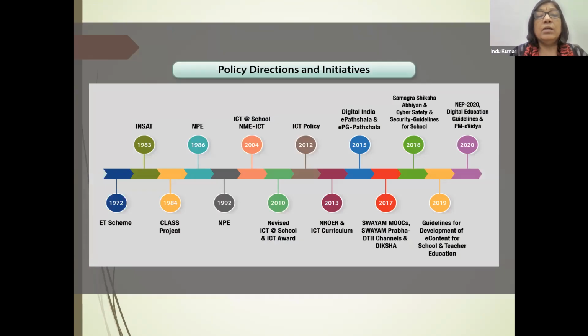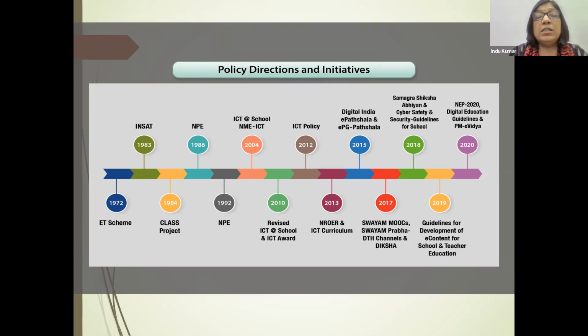So yeah, this is an example of timelines. Here I have taken a timeline which depicts policy directions and initiatives on ET, educational technology and ICT.